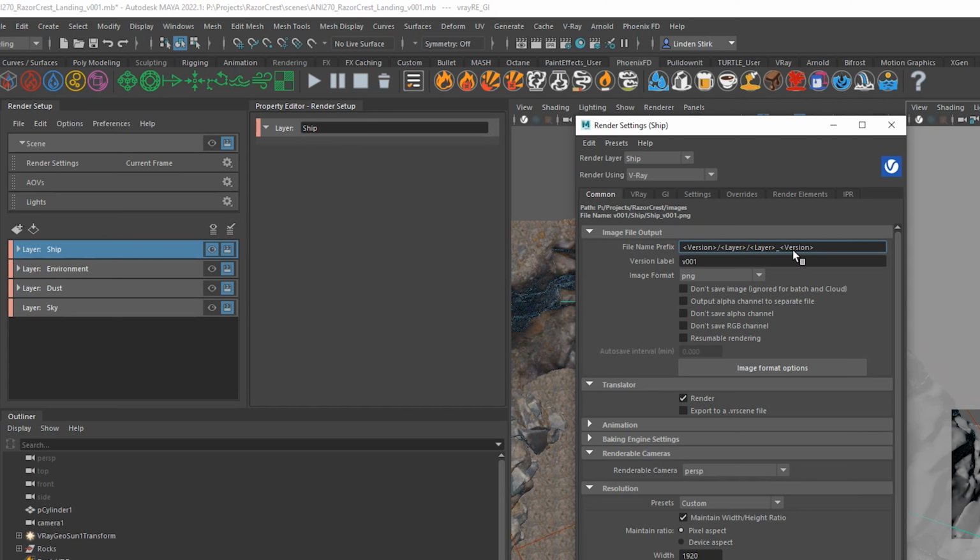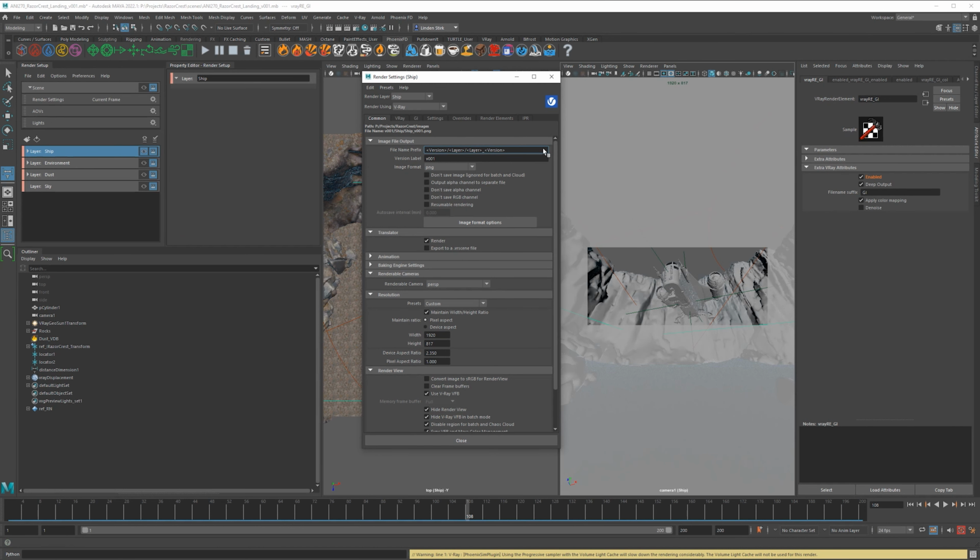If you are curious about playing around with this and you don't want to use the same setup, I highly recommend you do something just so you can differentiate it. Sometimes you might want to do it based on the date instead of a version number, or sometimes based on the scene. And sometimes if you're rendering multiple cameras from the same scene, you'll want to use the camera as well. But use these tokens and it automatically figures out what the name is based on the layer that you're on, what your file is called, and what camera you're using. Very useful. So if you have any questions on this, please reach out. This is very important to use for this class and for the future.